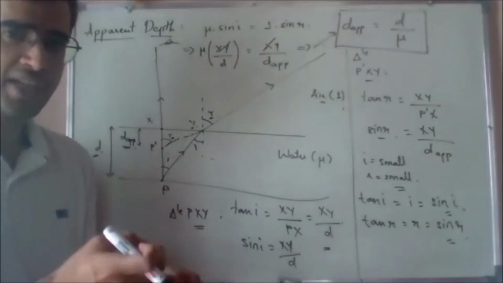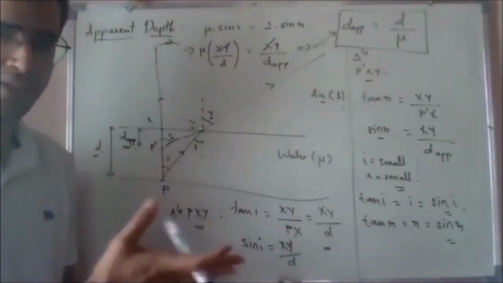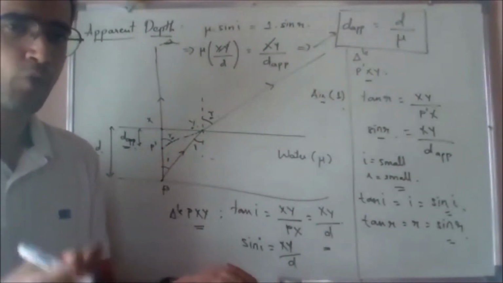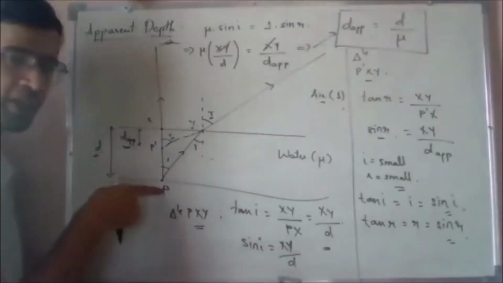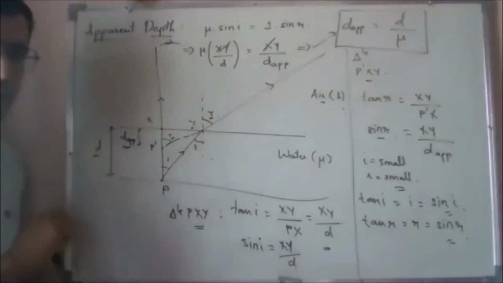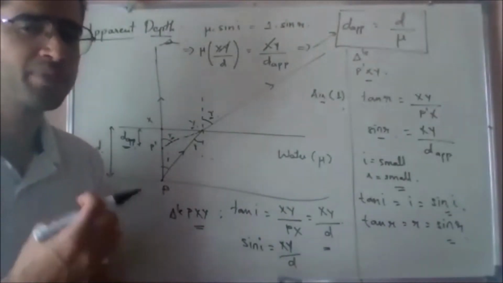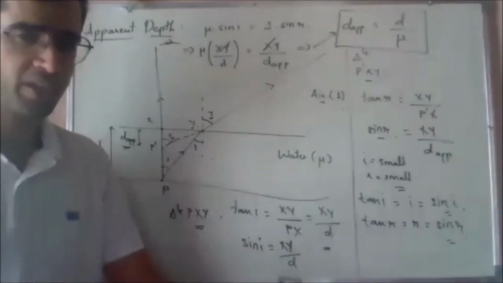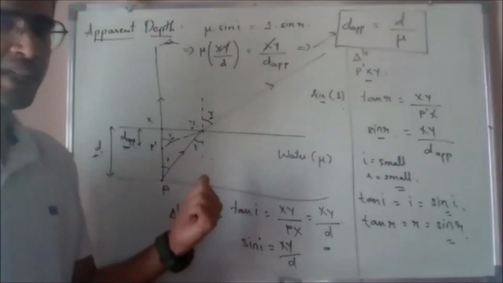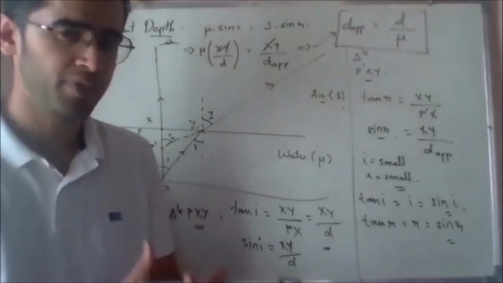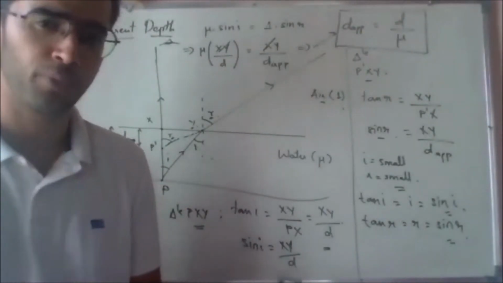This was what we had dealt with yesterday, and we understood from the ray diagram that because your rays are bending away from the normal over here, your depth seems to be lesser than what it actually is. Your point P doesn't seem to be over here, your point P dash seems to be over here. So now what is your derived formula for what depth the person will actually observe? According to the person, the depth will be equal to the actual depth divided by mu. This is the depth which you will observe when you're looking at the bottom of the swimming pool.